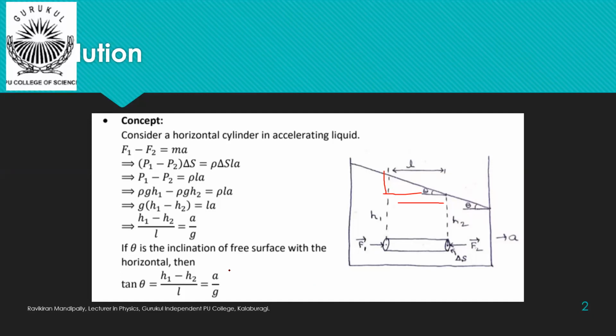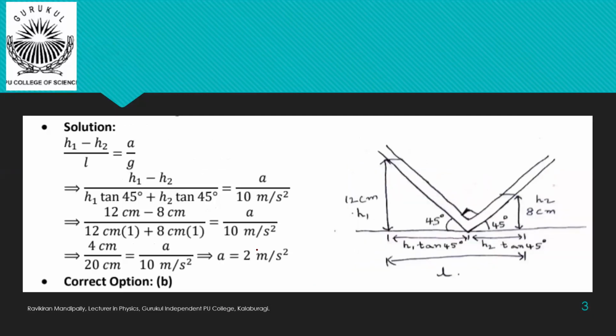So here we are using this concept, and the diagram which is given in the question is drawn here, and here clearly with horizontal, the two ends, the two limbs of this L-shaped tube are making angle of 45 degree here, and this is 90 degree here. So automatically this becomes 45.